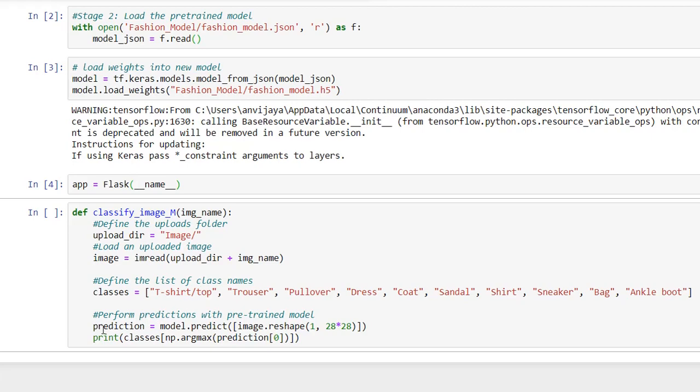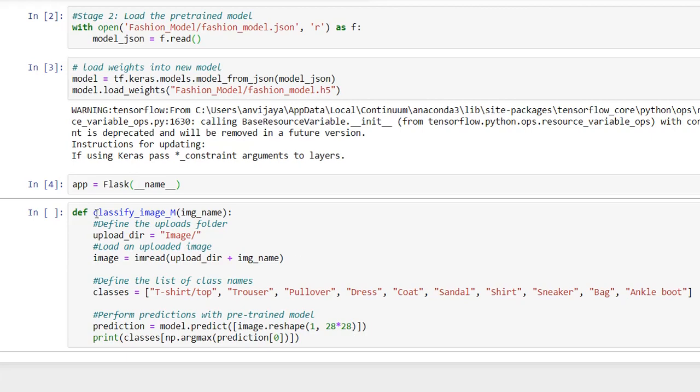And then next one is the prediction. So I am going to load the model and predict, and we are reshaping the input image to 28x28 because the Fashion MNIST image size is 28 by 28 pixels. So if you load any images, first we need to reshape them into this default size, and then load them into the model. Only then will the model predict the output.